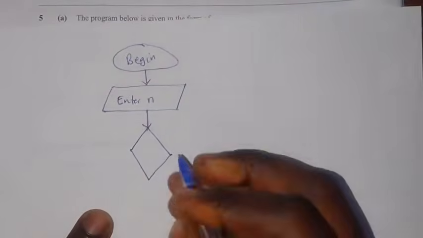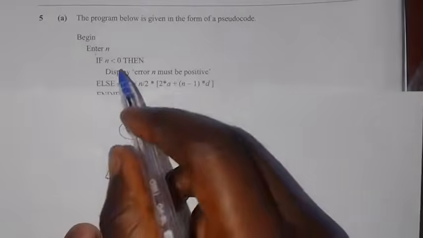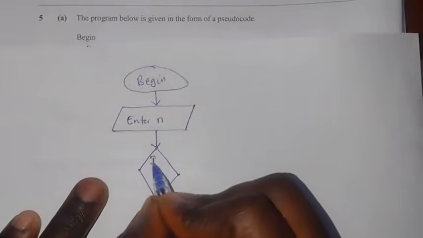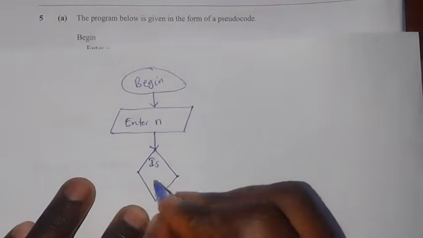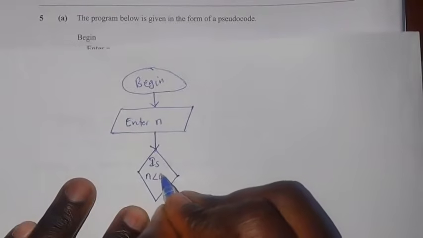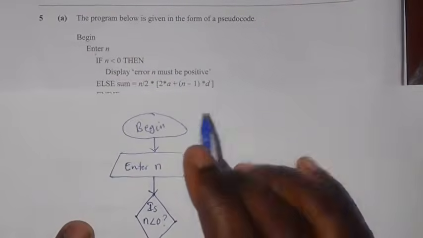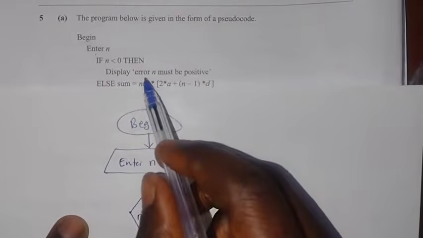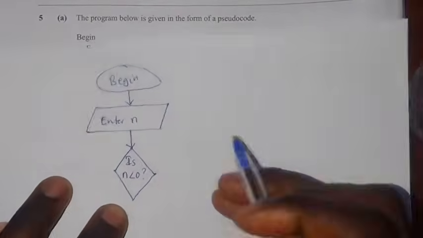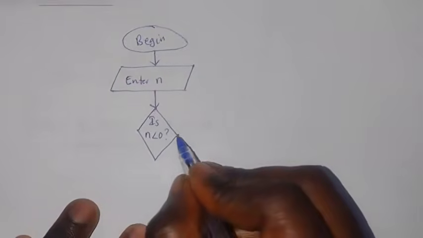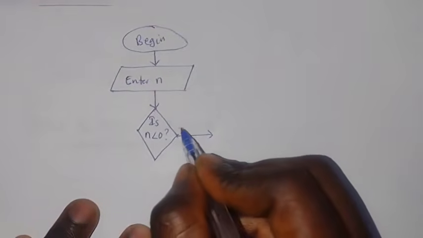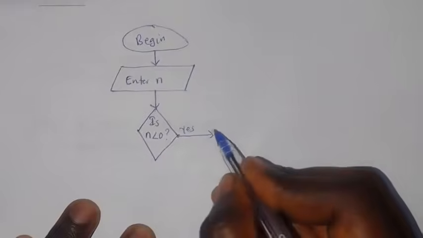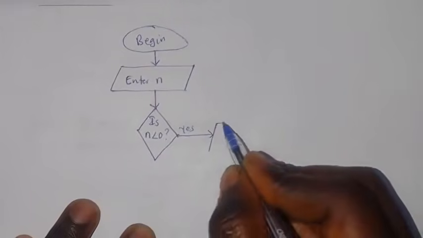Okay, remember I was explaining. So they are saying if n, so we are going to make a statement here: is n less than 0? Even put a question mark here. So they are saying display error, n must be positive. Remember this is a decision box, so this side it will have a yes. Okay, again here you will need to put the